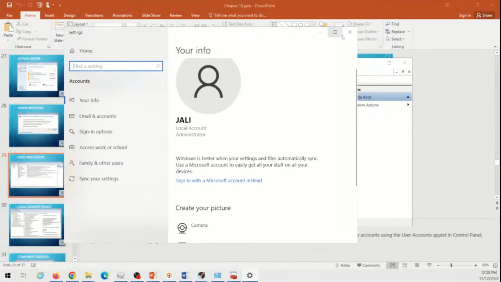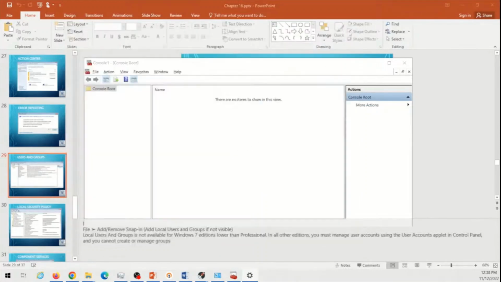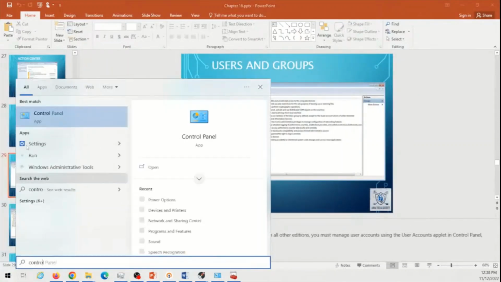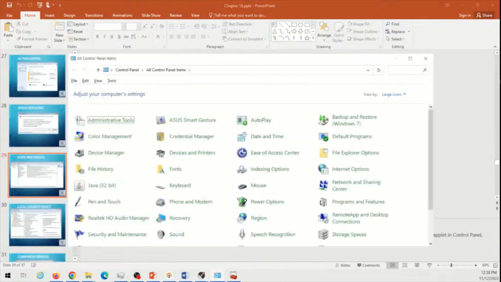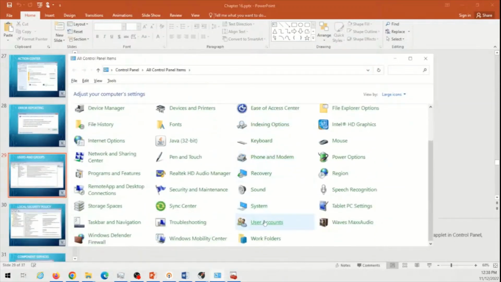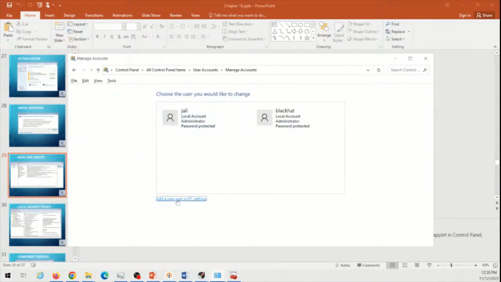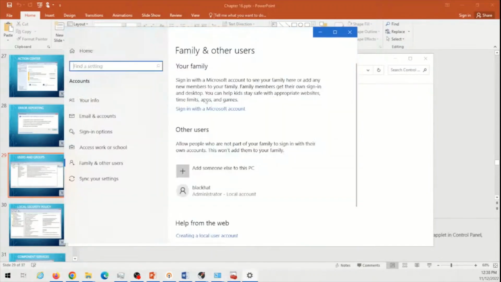In Windows 7, I'll show you how you do it in Windows 7 and I think Windows 8 too. Yes, you go to Control Panel, scroll down, User Accounts. And here you can see, you can create another account if you want to manage. You click on Manage another account, add new user to the PC, and then as you can see, it goes back to that same